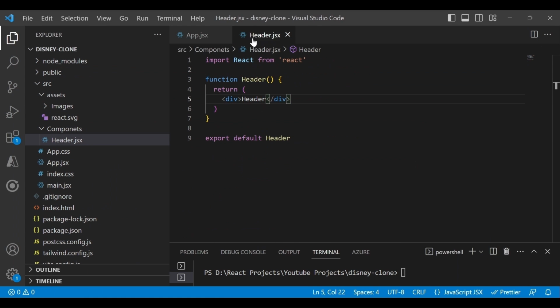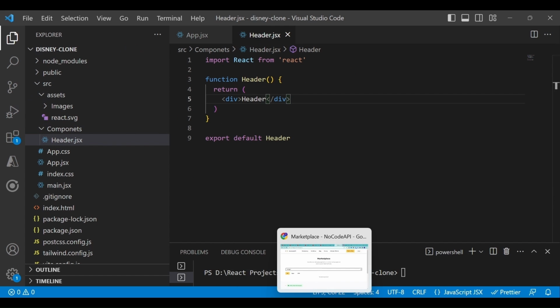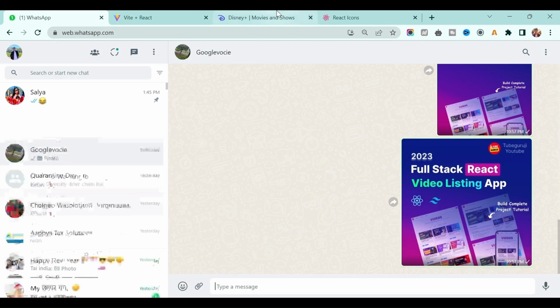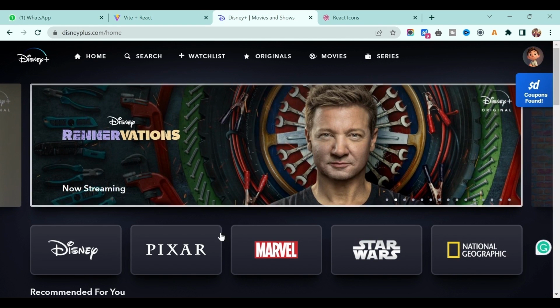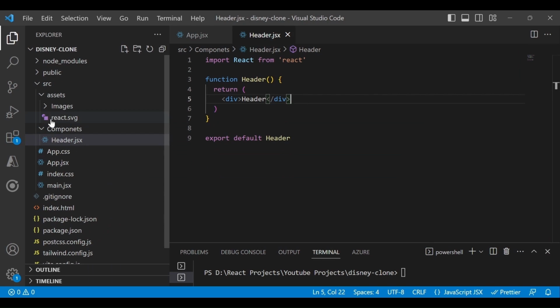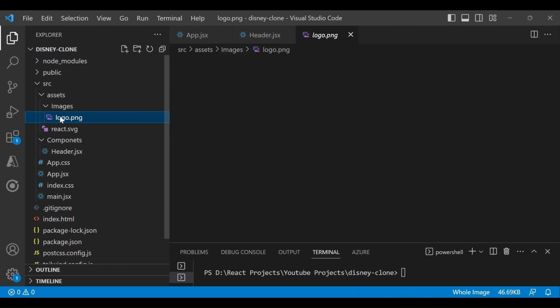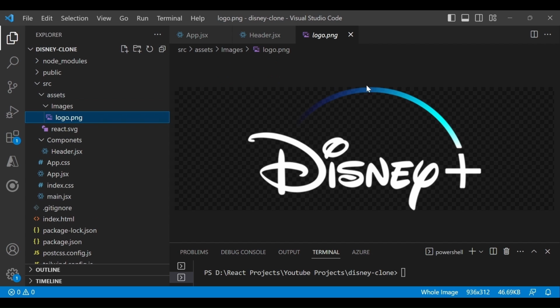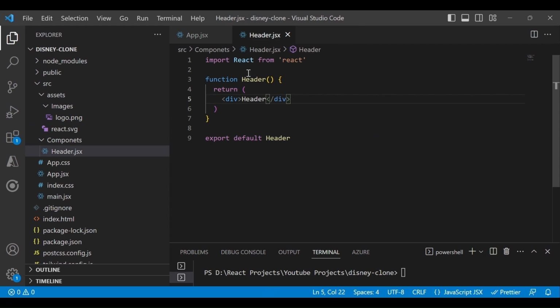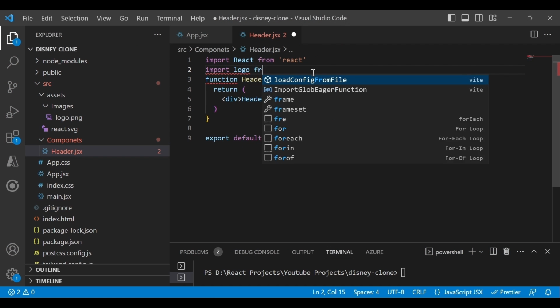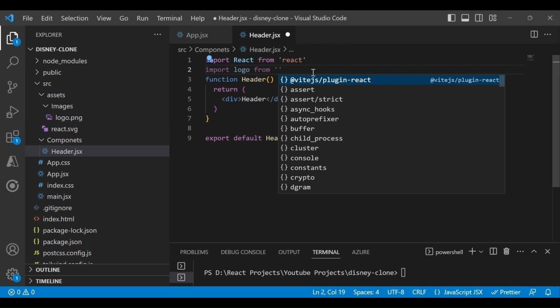Now again, let's go back to our header.jsx, and the first thing we have to do is add this logo. Create one folder in assets called images, and inside that images folder I put the Disney logo. Just paste it there. Now make sure you import that logo here first. So import logo from the location, it means you have to use the path.